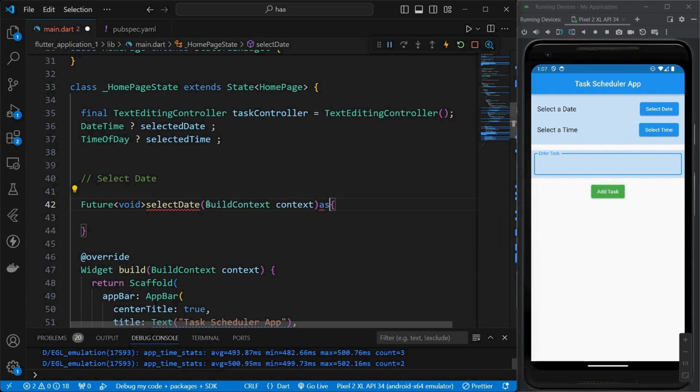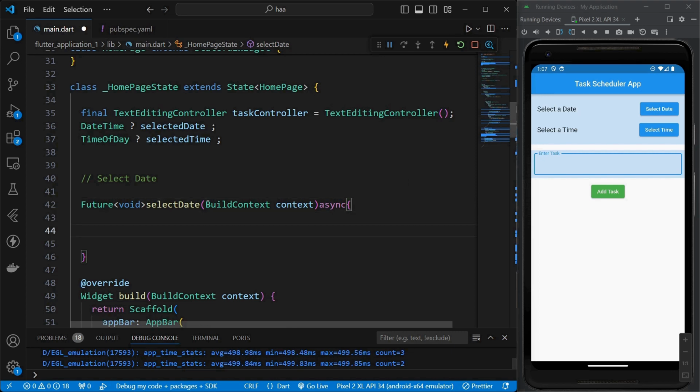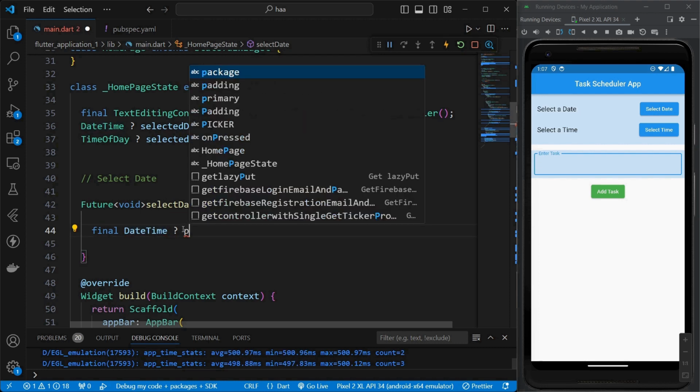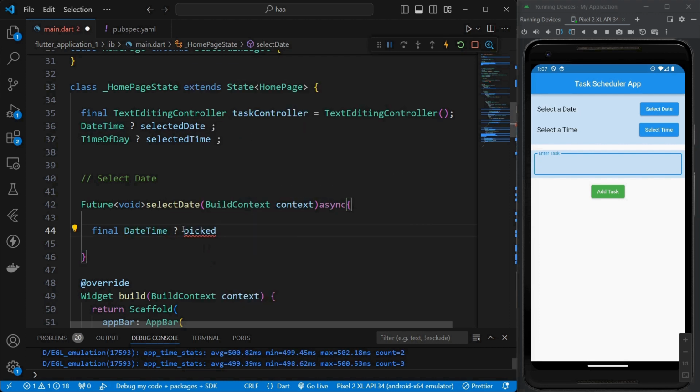So we'll use the keyword async, and inside first we'll use the keyword final, and we'll use the class DateTime,